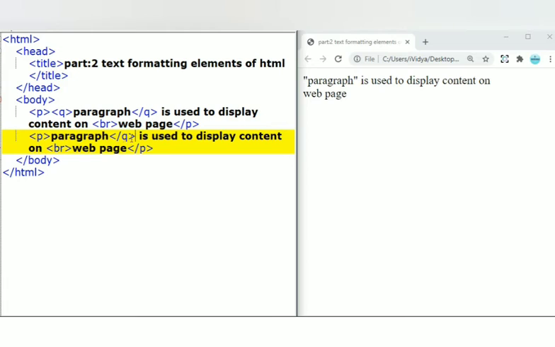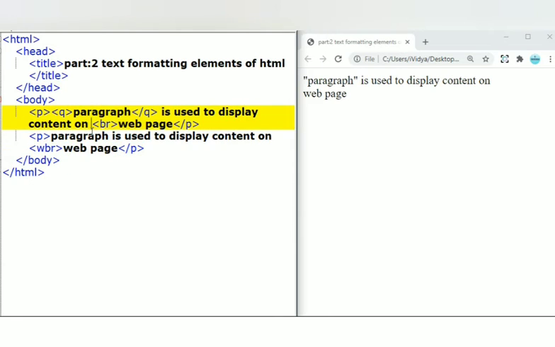Okay, this Q I don't want and this break I don't want. Here only I will insert a WBR. First we will understand why this WBR is used. Whatever text we have written in this P tag will be displayed on a web page, that we have understood. And break means what? It will forcibly break the line and display it in the next line.